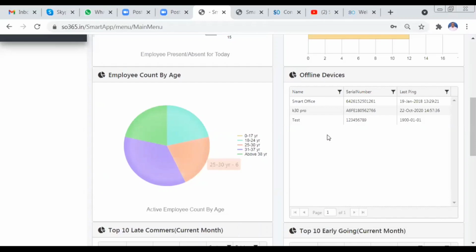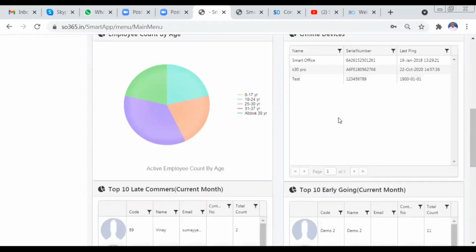And coming to the offline devices. As I already told you in the last webinar sessions, we support both ESSL and Biomax biometric machines. In the cloud, if you want to connect the devices, it should have an ADMS or a push data collector service. So we support both Biomax and ESSL machines. If you are configuring the cloud application with the biometric machines, it will display the offline and online machine counts, so you can see how many devices are offline here.